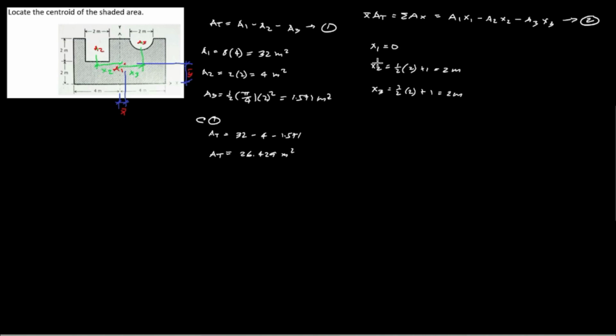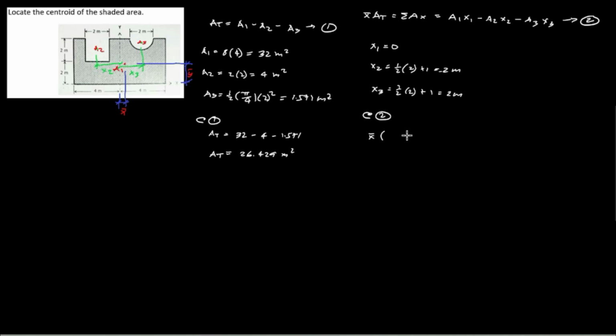For x sub 2, we have 2 meters, but x sub 2 is on the left side of the y-axis. Therefore, the sign of x sub 2 should be negative. So this is a negative sign. And at equation 2,